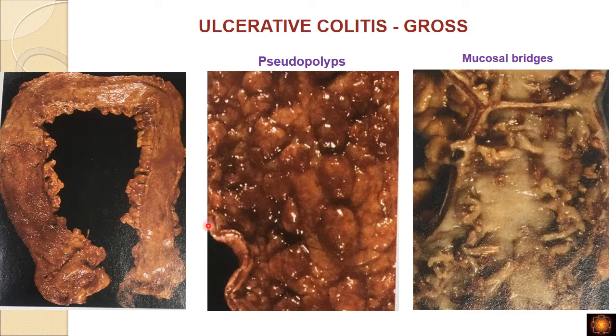Now these are the gross photographs. If you see this segment of the intestine, this is the part which is affected. The affected part appears more reddened and granular, whereas the healed part on this side is very smooth and has undergone atrophic change. This is the healed part showing atrophy. And these are all the pseudopolyps which are bulging above the mucosal surface. And these are the bridges that I was telling you about previously. The tips of the pseudopolyps join together and we get the mucosal bridges.